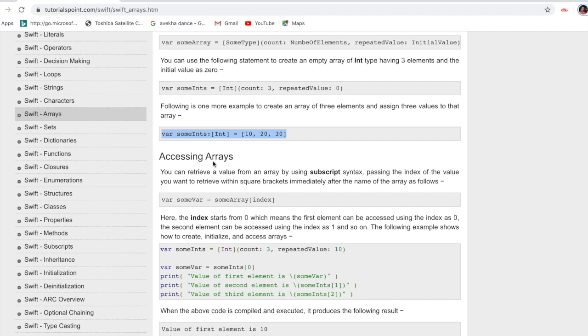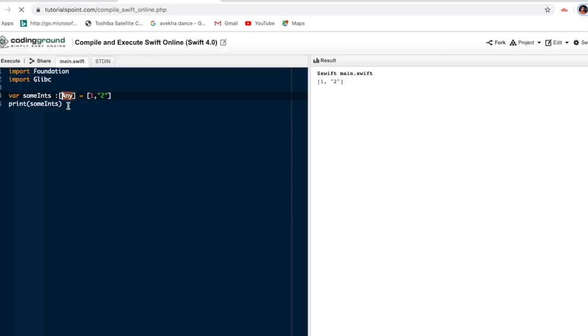Next is about accessing arrays, how it is accessed. Let's see one example. Already I have saved some integer values in an array. I need to print only the first value. How to print it?